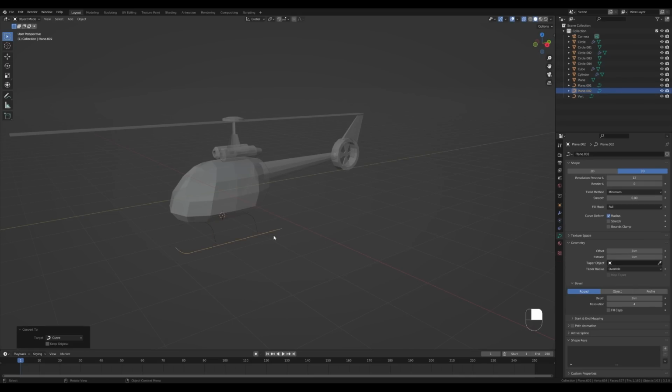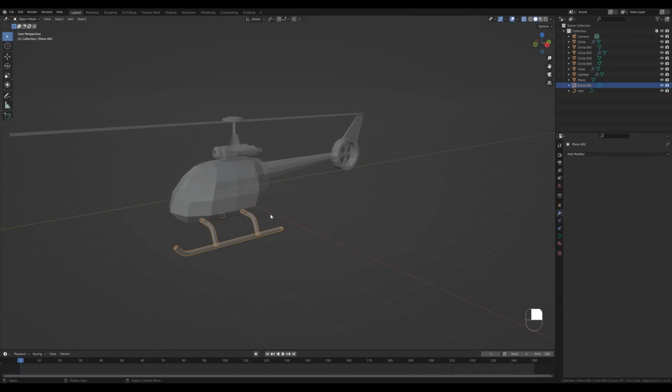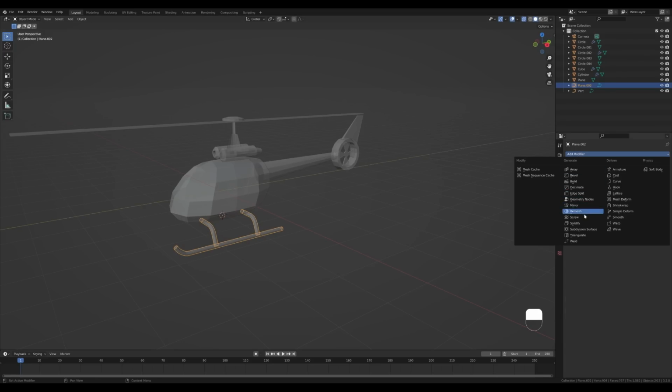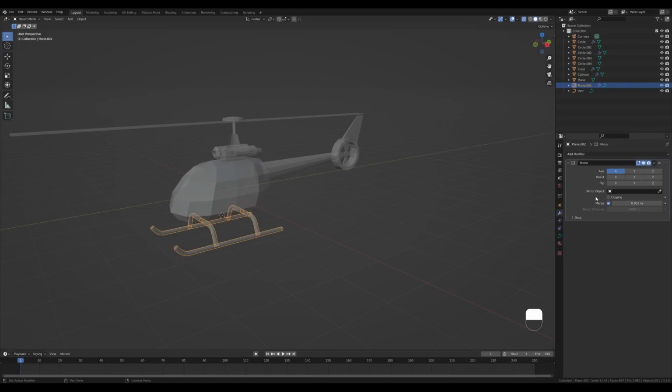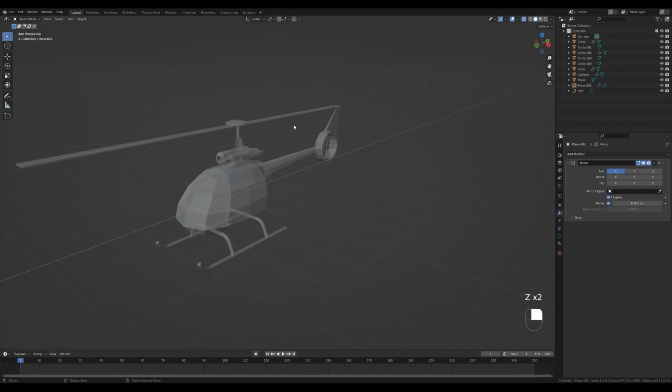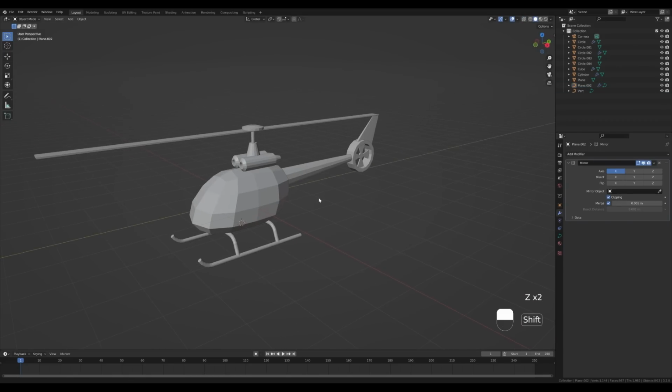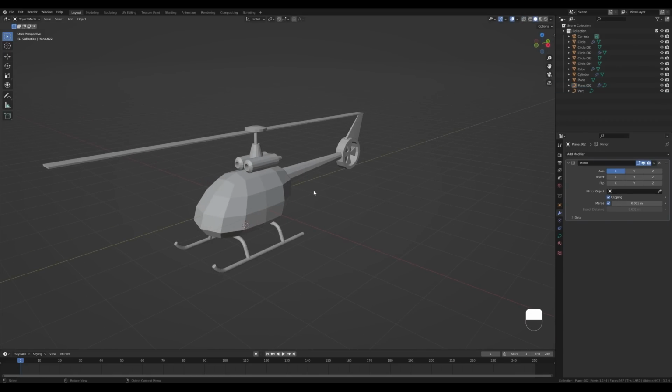same here. And right now we can select both of them, press Ctrl J to join them, and in the curve settings increase the depth, and you should have something like here, and you can enable fill caps. And finally you can add mirror modifier with clipping. Now let's toggle the X-ray again, and we'll finish this helicopter design to make it a little bit